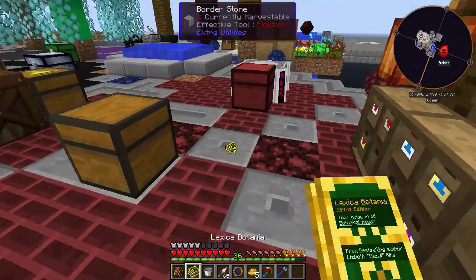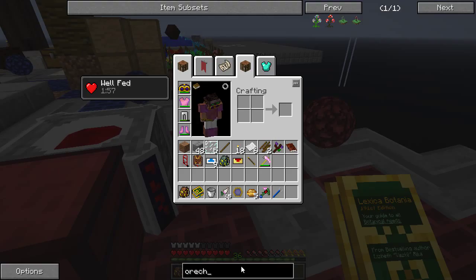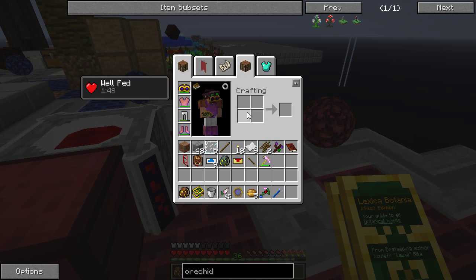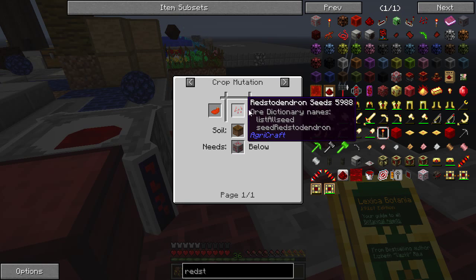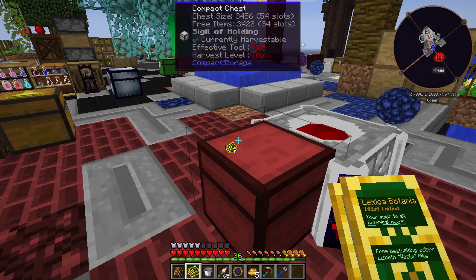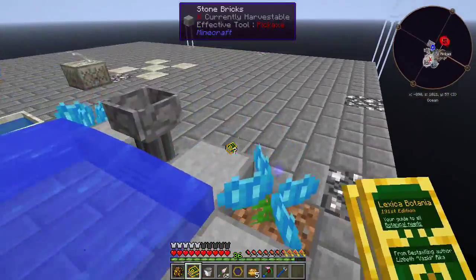Something else I want to get started on is here in Lexica Botania. I want to get that orchid because it makes ores, and that means we can get various things. Hopefully getting the redstonium, this one, being able to make redstodendron. After breeding up the daisy and the red tulip on dirt over redstone ore, we should be able to produce a redstone dendron. So, to do that, we are going to need to start working on making a Botania portal